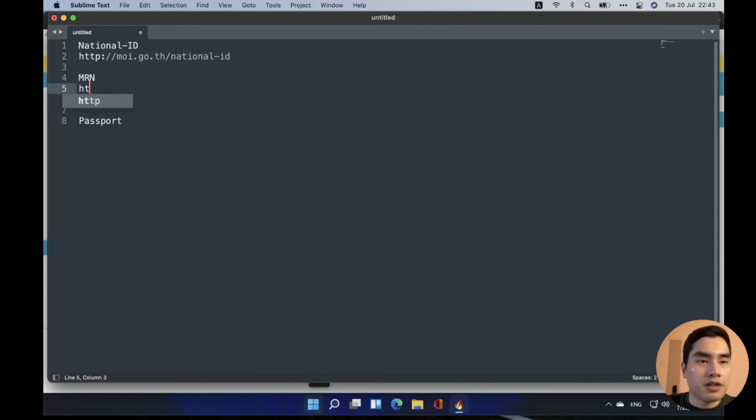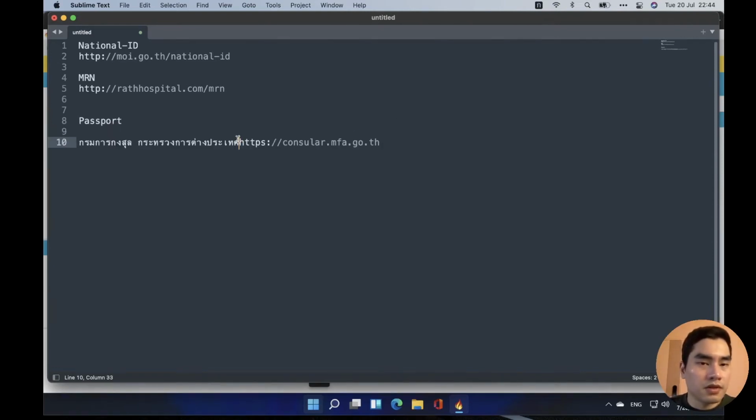So MIN is our hospital, and passport is, I think, okay, so this is the URL of the organization that issues a passport in Thailand. Okay, maybe this one.